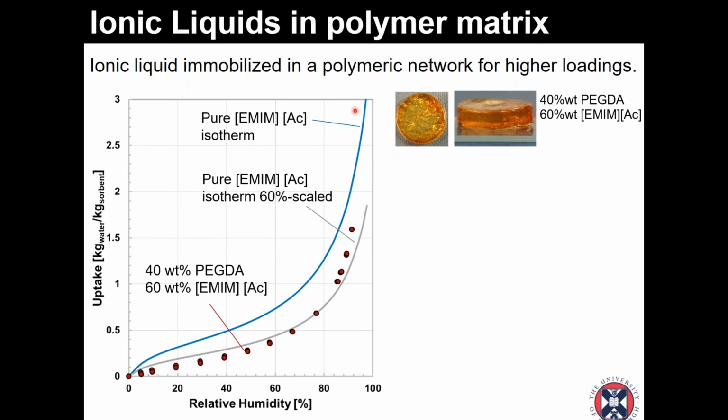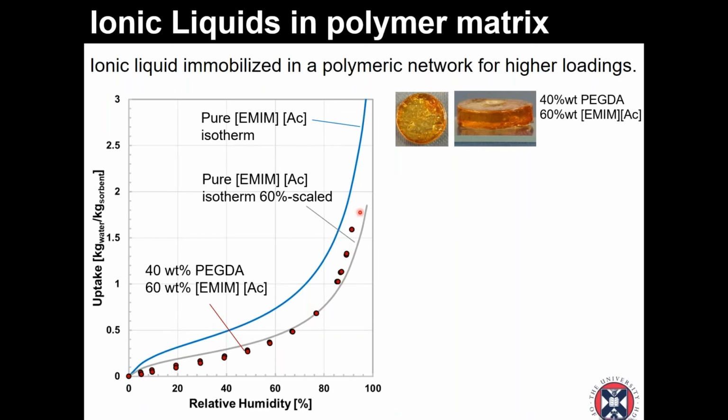What we have seen is, when you compare the isotherm of this material with the isotherm of the pure ionic liquid scaled to 60% of the amount of water retained, because you have only 60% of ionic liquid, you see that the data collected in the DVS instrument directly on this material here are essentially the 60% of the pure ionic liquid, with a small difference at higher loadings, which becomes larger